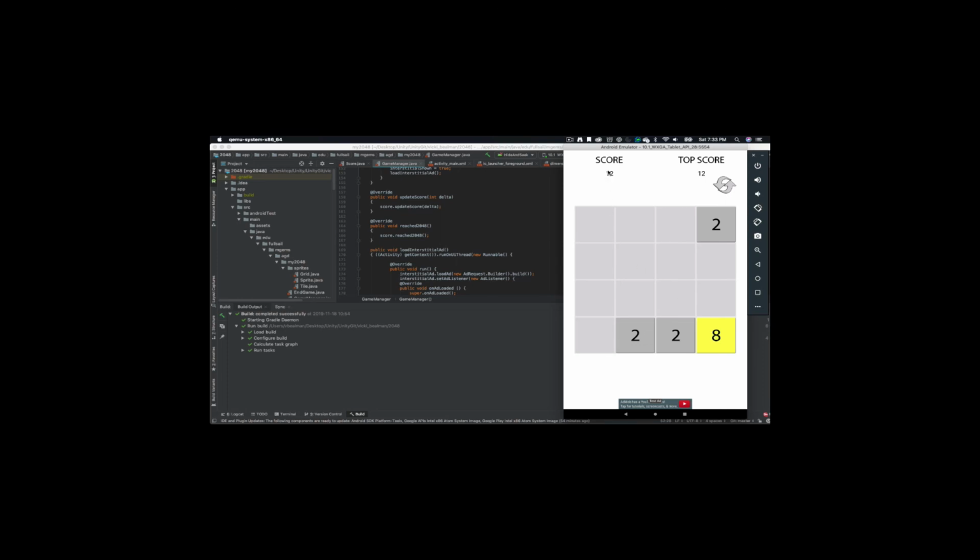Now you can see my score up there is 12. If I put this 2 on 2, I got 4 more, so that makes 16. Now I've beat my own top score. If I put this 2 onto this 2, I got 4. Now my score is 20. If I move this over, move this 4 onto this 4, this 8 to this 8,